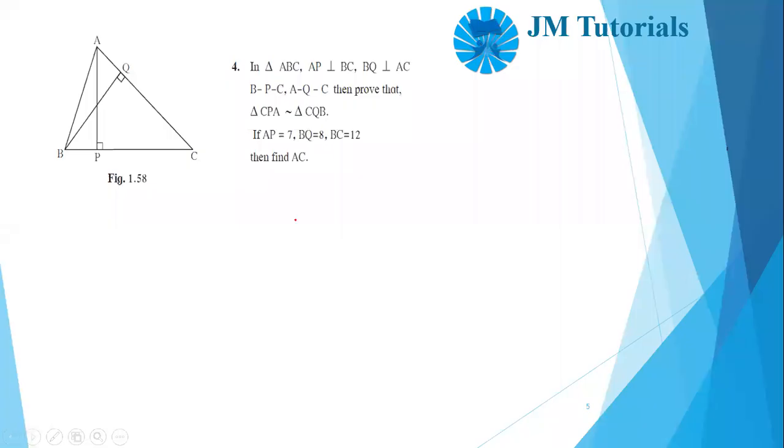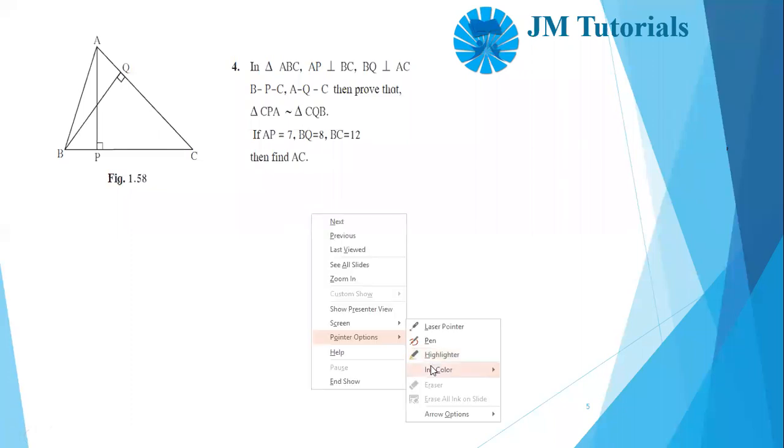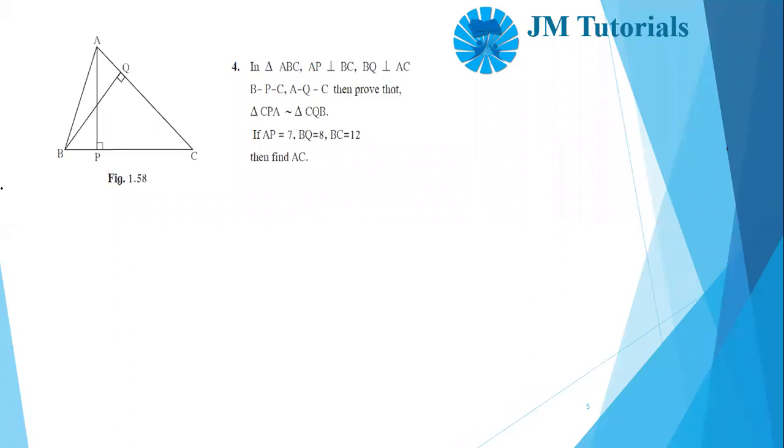Okay, so everyone, let's look at question number 4 again from exercise 1.3 of your geometry textbook, and let's see how to solve it. So basically I already have the diagram. I'll go ahead and write the given. Okay, I'm teaching you how to extract the given. Do you need to put all the information that is there in the question in the given? Not necessary. So I'll say in triangle ABC, what is there?